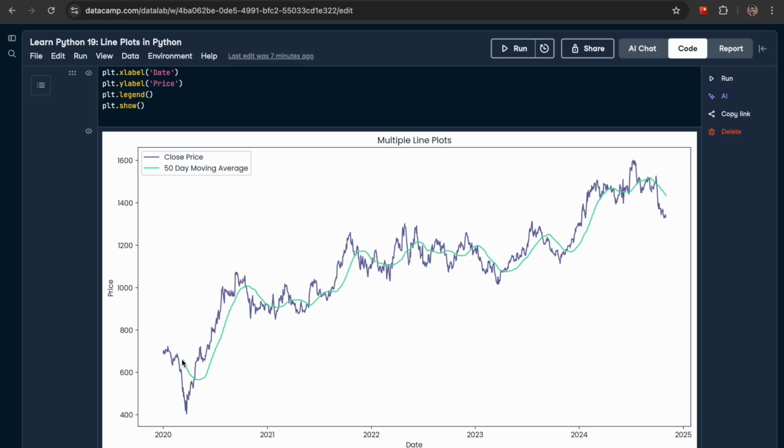And you see this is kind of a smoothing line, so there are a lot of variations in the normal price, but in this moving average it's kind of smooth. Okay,